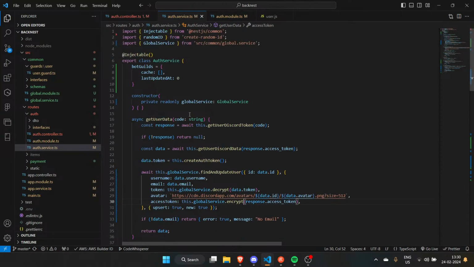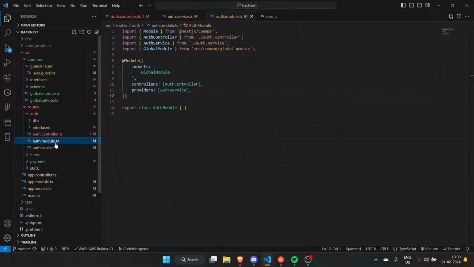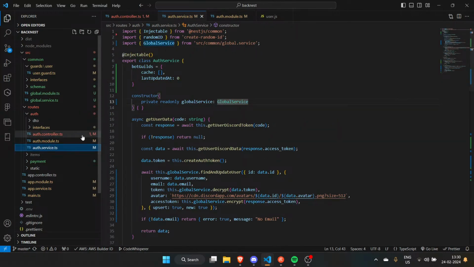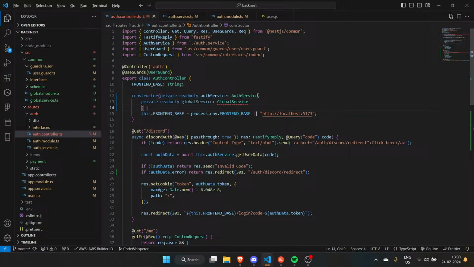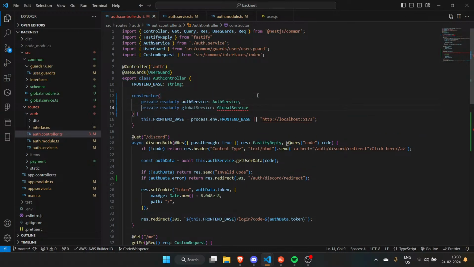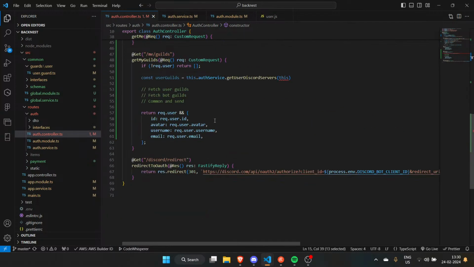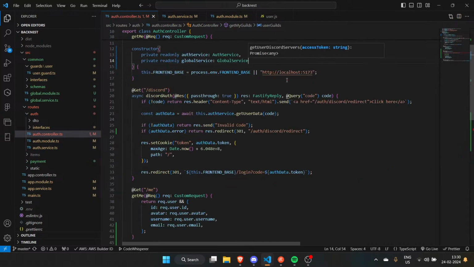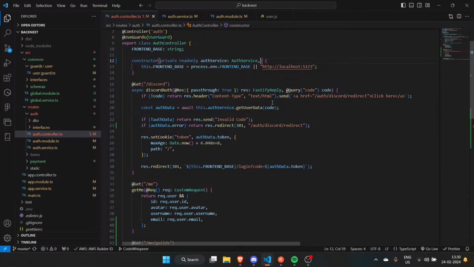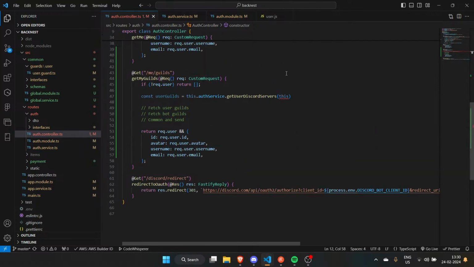I guess I need to go on that, copy this, comma, enter, paste, enter, and then enter. Now what do we do next, my friends? This dot global service dot decrypt bracket, what is the string? Wait a second, I am dumb. I don't need to do any of that. Why decrypt it myself? The auth service will decrypt it themselves.